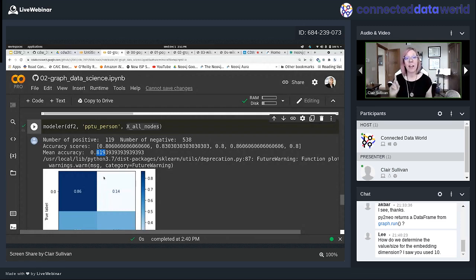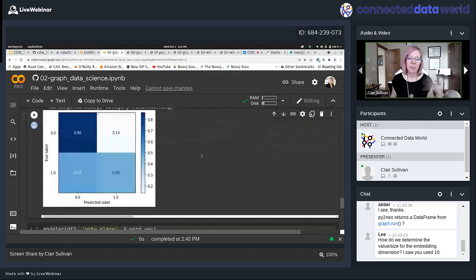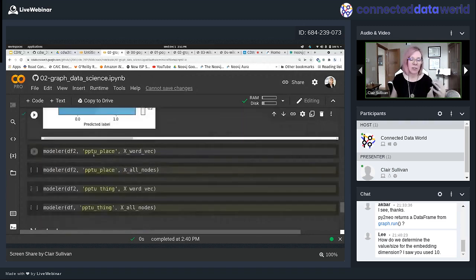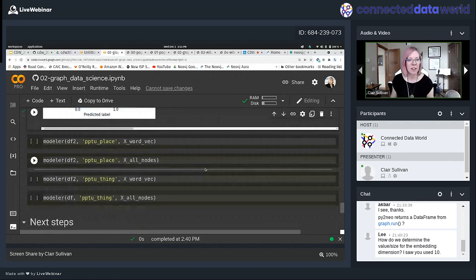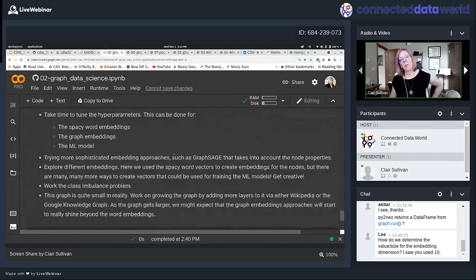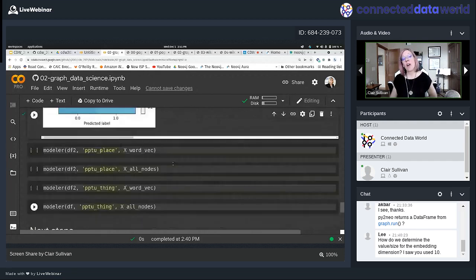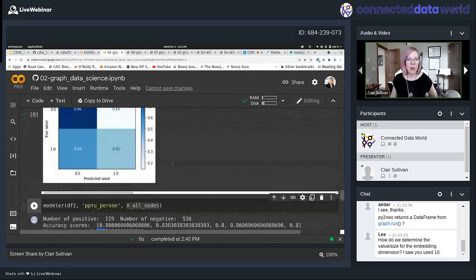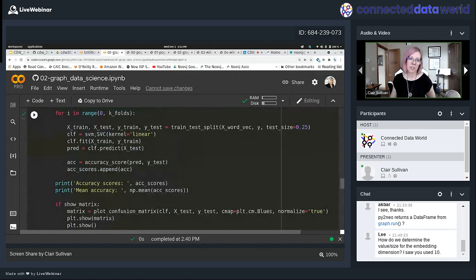Very, very cool. Now, I'm not going to run through these. You can see that we could do places, people, things, etc. So again, tuning the hyperparameters is important. Also, I used an incredibly basic, no hyperparameter tune support vector classifier. There's nothing about that that's tuned. This kernel thing just says, yeah, my classes are going to be imbalanced, do your best. So there's nothing that I tuned in the model. That's just straight out of the box. That's kind of cool if you think about it.